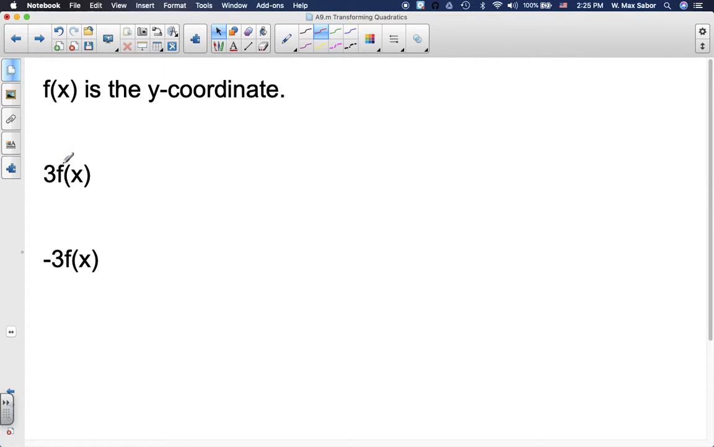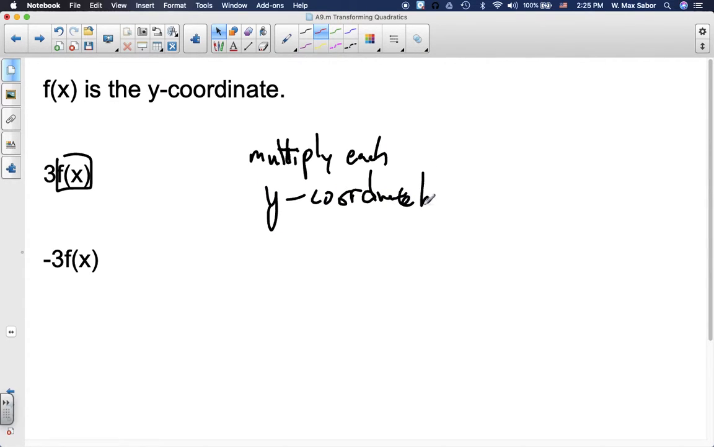Now remember that f of x is the y coordinate, so we're going to multiply each y coordinate by 3, which means that a y coordinate that used to be here will now be multiplied by 3. And a y coordinate that used to be here will now be way up there. So what this ends up doing is it expands. But the numbers that started at 0 don't expand at all. So they're expanding